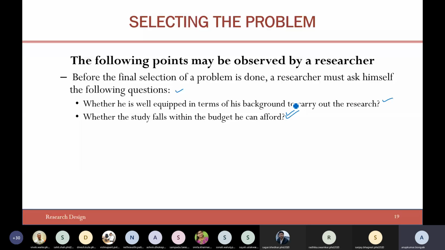You may have to go for some kind of field survey, or collect some samples. Sometimes the equipment available for doing experiments and getting the results may require you to go to a specific research laboratory where they charge for completing the experiments and for using their resources. You should always think about all those things. Many times researchers read papers, and if the results are there, they feel that they can also do it.